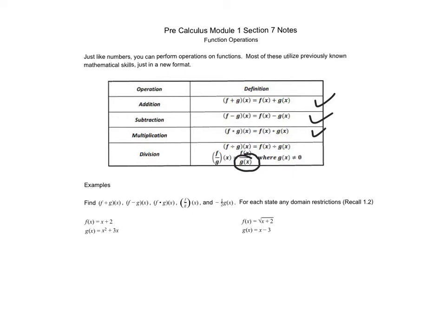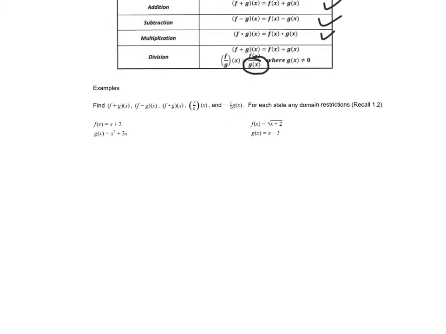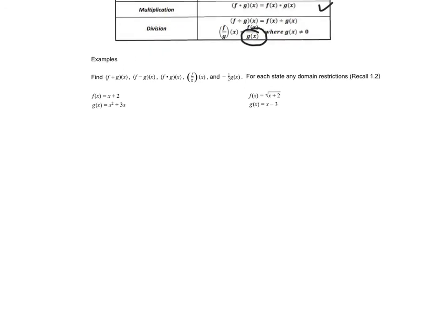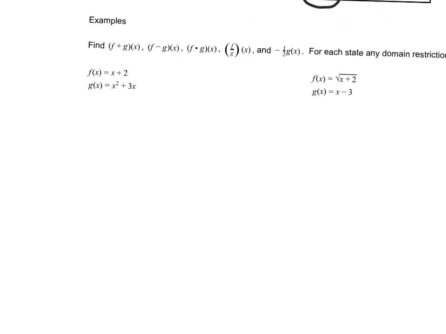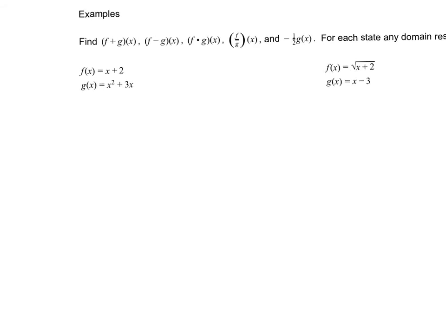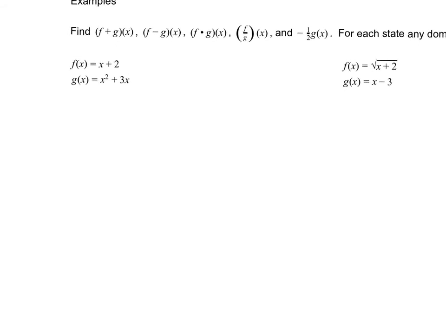We have f of x equals x plus 2, and g of x equals x squared plus 3x. And what we want to do is look at how to find the sum, difference, product, quotient, and then we're also going to do negative 1/2 of g of x. So basically a scalar times a function. So if I look at the first one, which is f plus g of x,